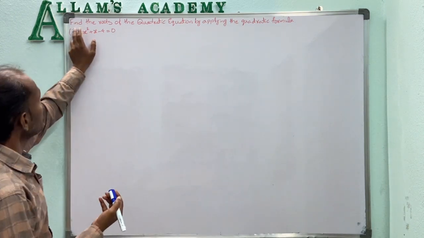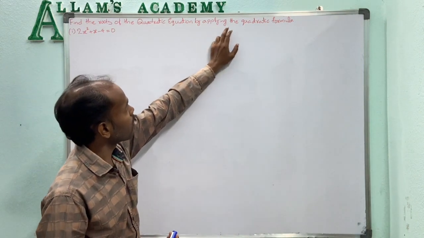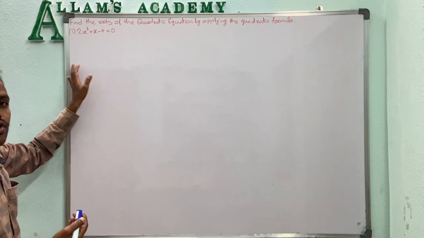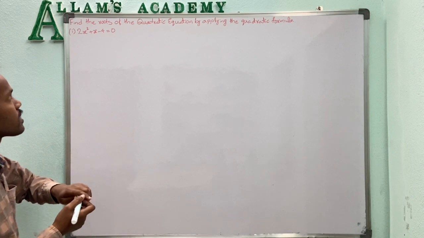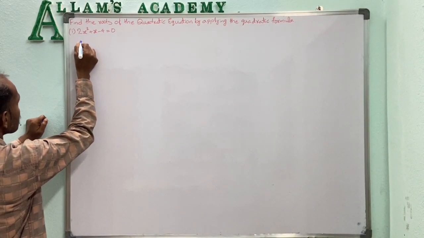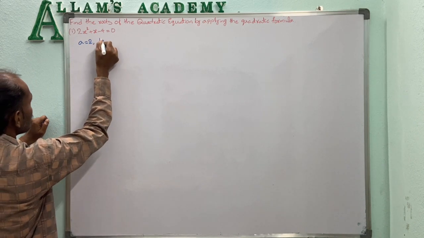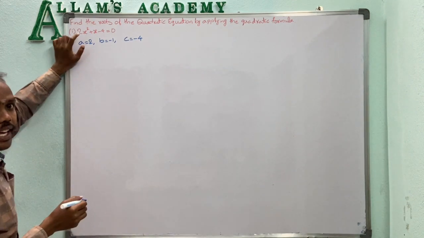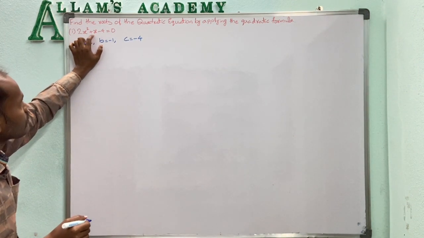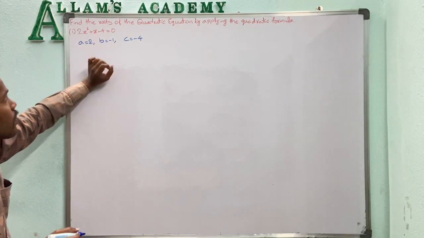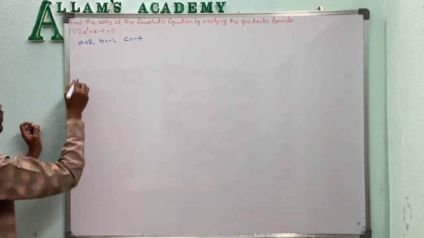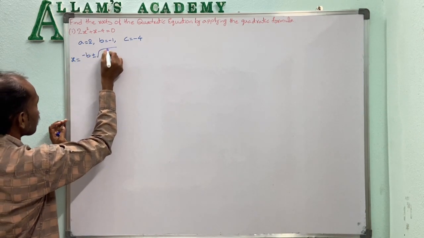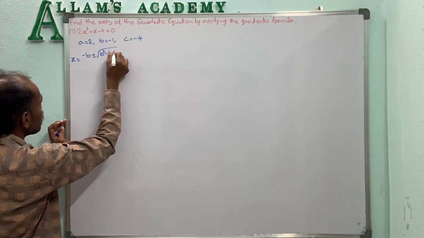So here given the question, find the roots of the quadratic equation by applying the quadratic formula, and the problem given is 2x square plus x minus 4 equal to 0. So by the general form ax square plus bx plus c equal to 0 to compare, here a is nothing but 2 and b is equal to minus 1. c is equal to minus 4. So a is the x square coefficient, b is the x coefficient and c is the constant term. So now if we apply the quadratic formula, the x value is nothing but minus b plus or minus under root b square minus 4ac by 2a,